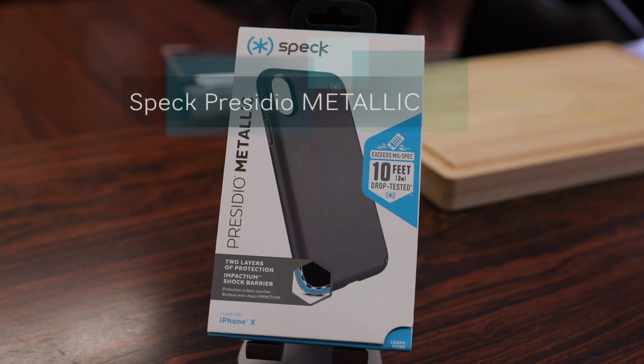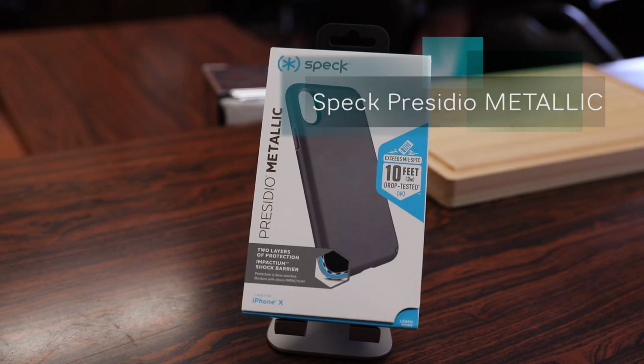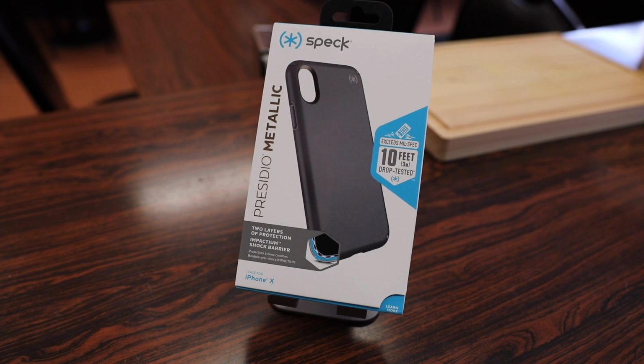Today we're going to check out the SPECK Presidio metallic case for the iPhone X. So of course, without further ado, let's slice this open, slap it on the iPhone, and give you guys my quick in-depth review. So once again, I bring you guys another edition of the Presidio line from SPECK,